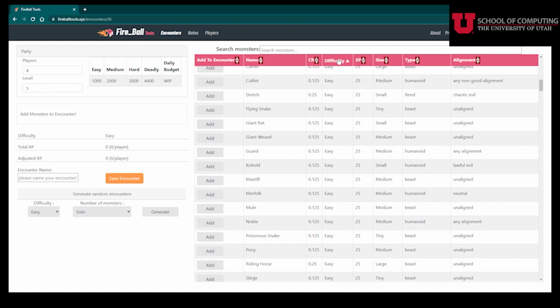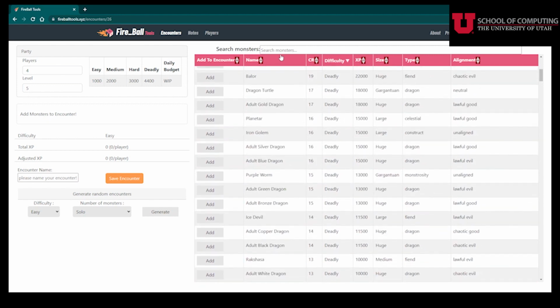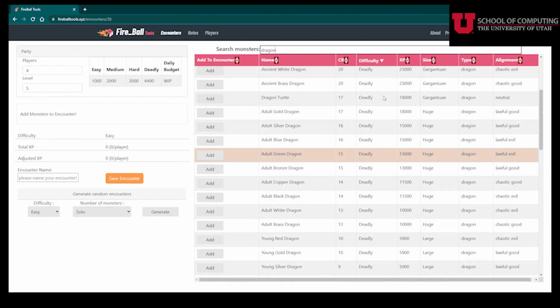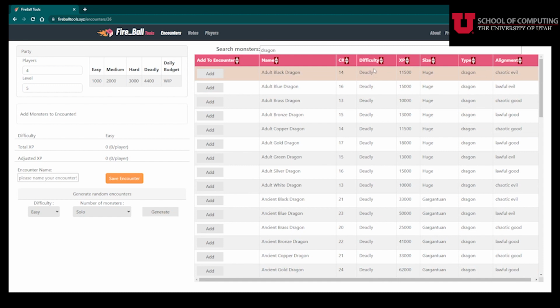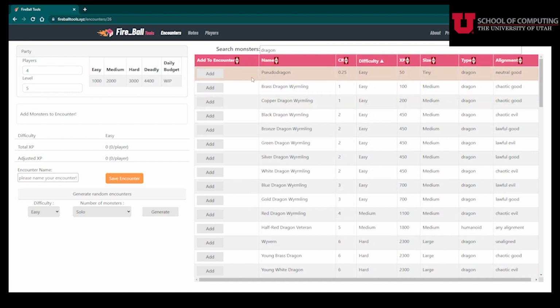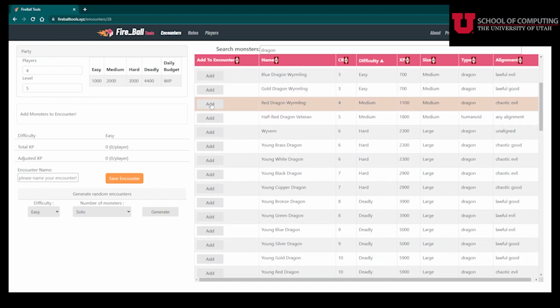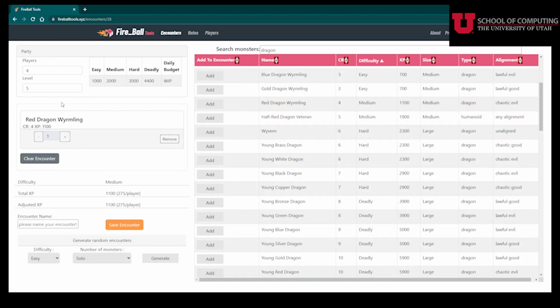But let's say we want to add a dragon to the fight. So up here we can go ahead and search for dragon. And let's say this one looks good here. Let's add a red dragon wormling to the fight. As you notice, it will then adjust the fight information down here for us automatically. And we can go ahead and save this encounter